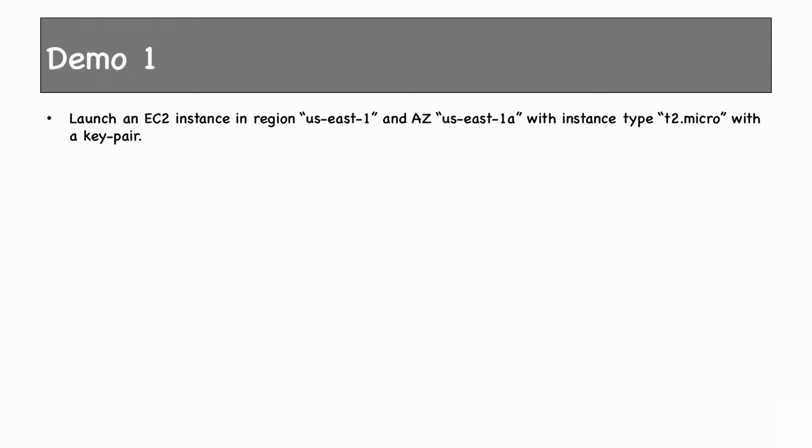So let's have a demo. It's demo time. What we'll do is we'll launch an EC2 instance in region US East 1 and in AZ US East 1A with instance type T2 micro with a key pair. Very simple. We have done it multiple times, but this time it's different because we'll be using CloudFormation template to